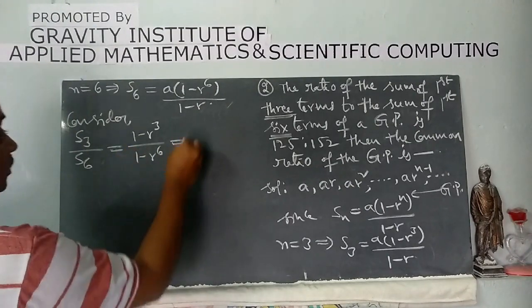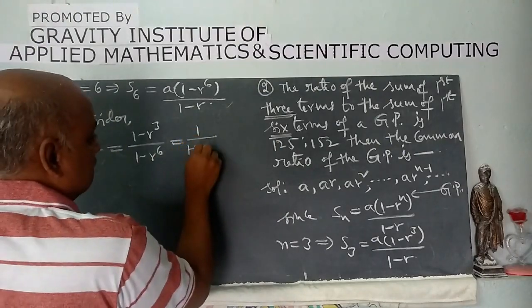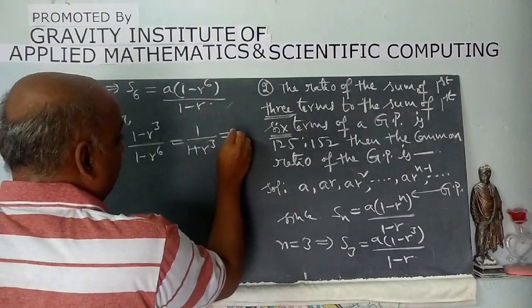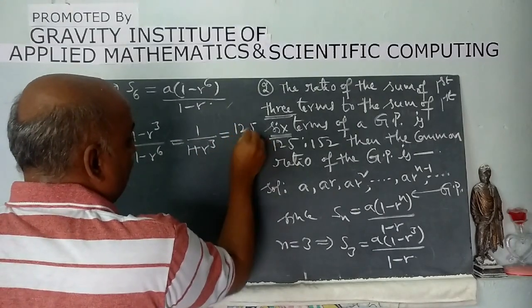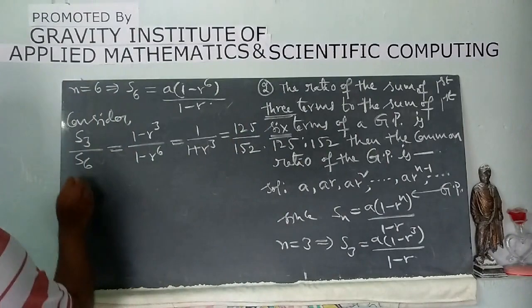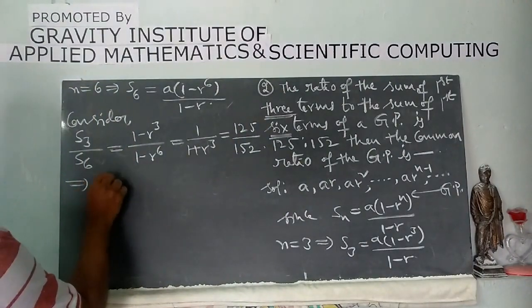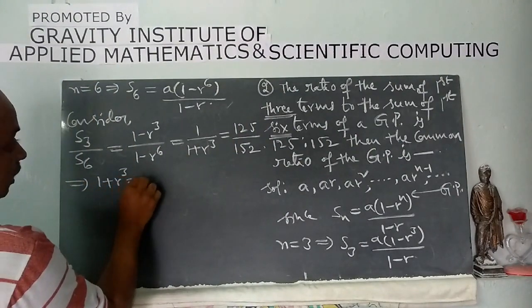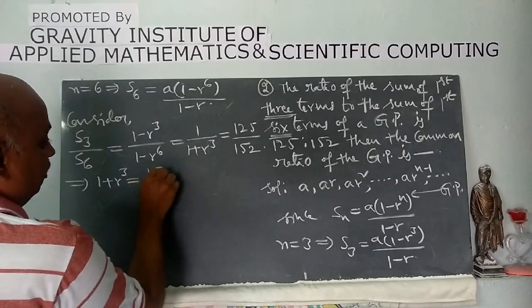So that gets cancelled. So this is 1 by 1 plus R cube. This is given as 125 by 152. So this implies 1 plus R cube is equal to 152 by